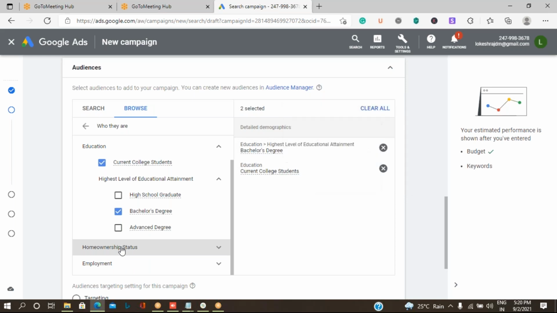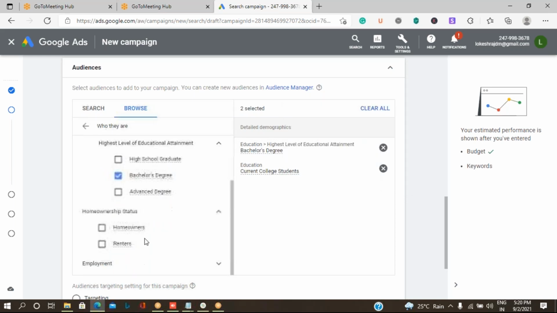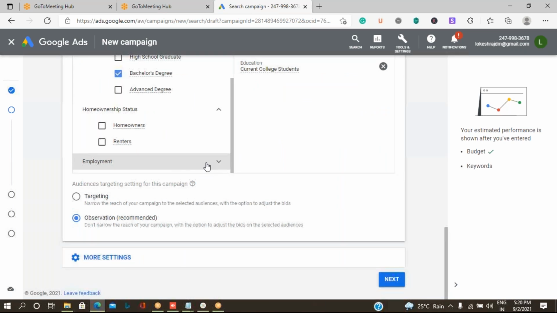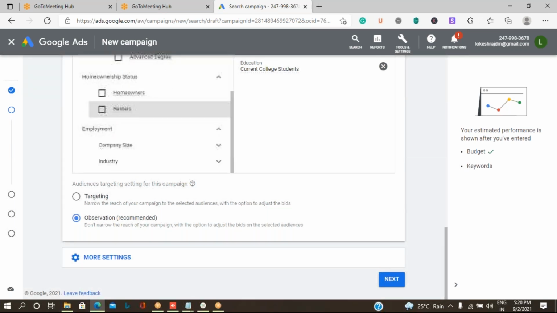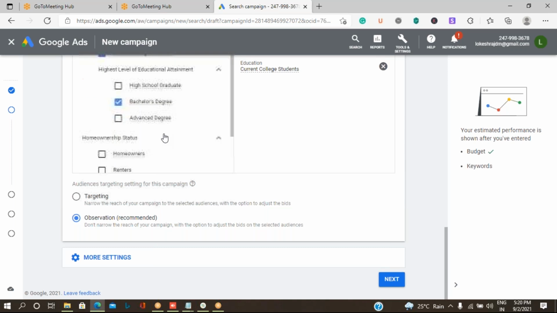The next thing is home ownership status. Do you want to target owners or rental people? I'm not interested in this. And do you want to target people under employment? You can select it. As per my requirement, I'm going to target only the students.